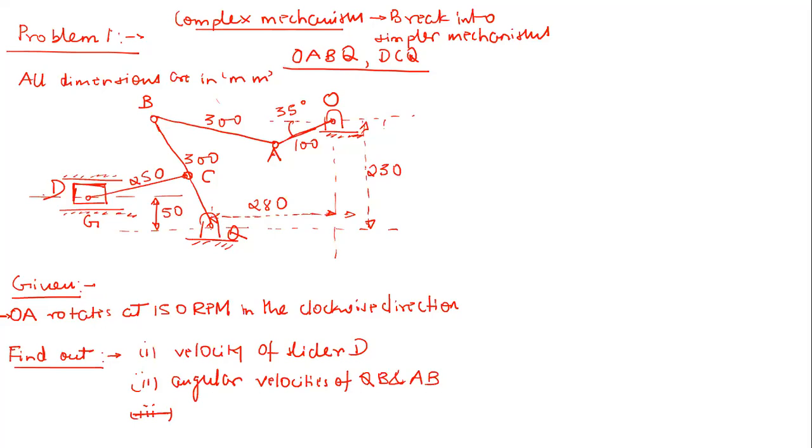If you remember the definition of a mechanism, what is a mechanism? A mechanism is a closed kinematic chain in which one link is fixed. So two important things are there. First of all, the mechanism should be a closed kinematic chain. And the second point is that one particular link of that mechanism should be fixed. So now can you tell me how I decided this here?